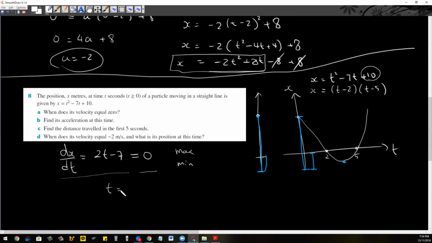So t is equal to 7 on 2, which is 3.5. That's when we have a stationary point. Now, we plug this back into the original equation. So x is equal to 3.5 squared minus 7 times 3.5 plus 10. And what we get from there is